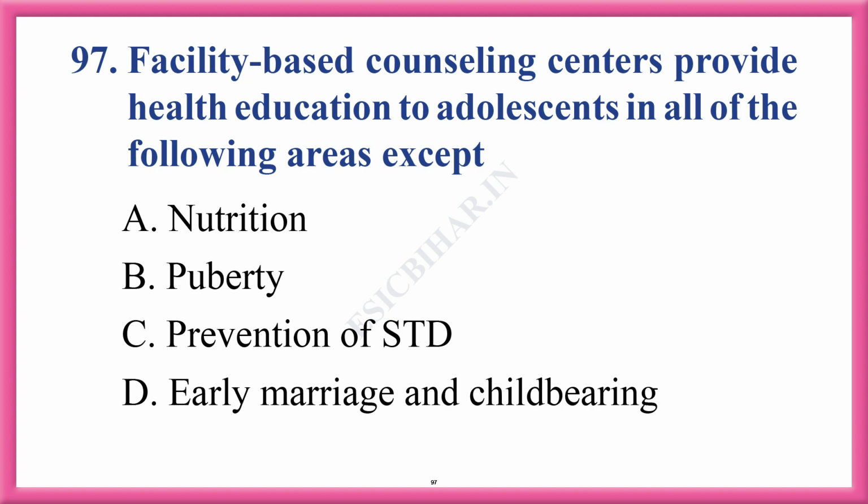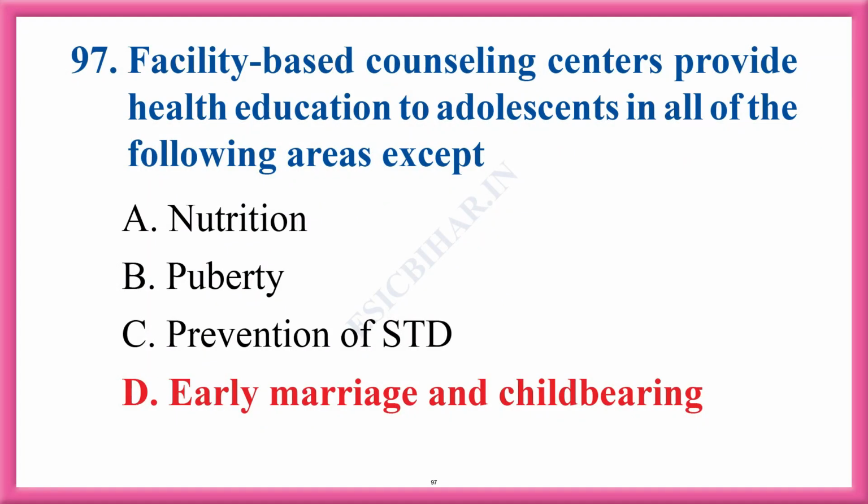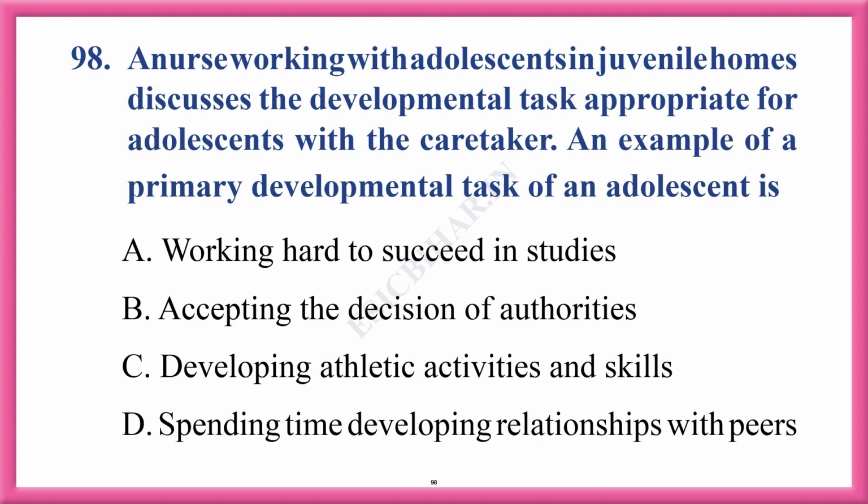Nutrition. B. Puberty. C. Prevention of STD. D. Early marriage and childbearing? And our answer is D. Early marriage and childbearing. Question 98. A nurse working with adolescents in juvenile homes discusses the developmental task appropriate for adolescents with a caretaker. An example of a primary developmental task of an adolescent is